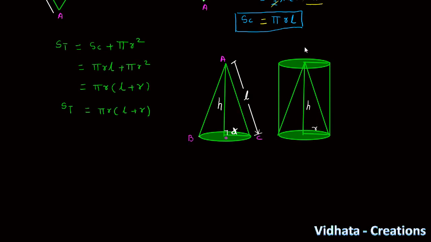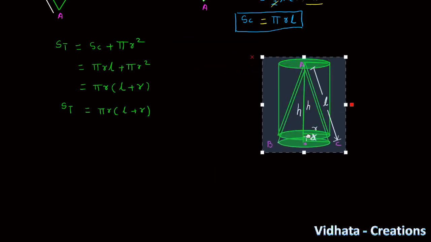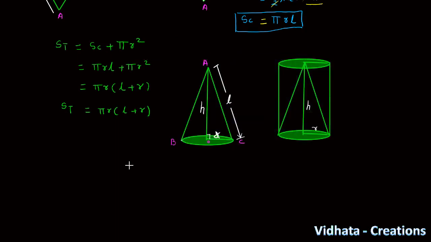If you take a right circular cylinder having height equal to the height of the cone and radius equal to the radius of the cone, and place it over here, then it is found that